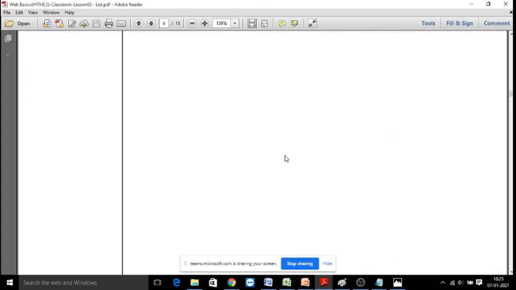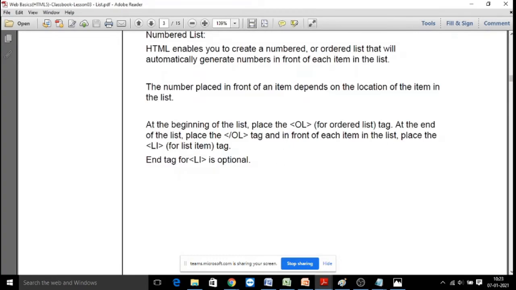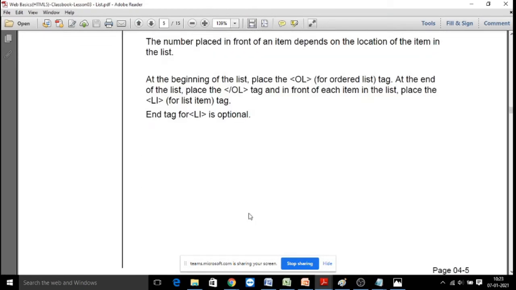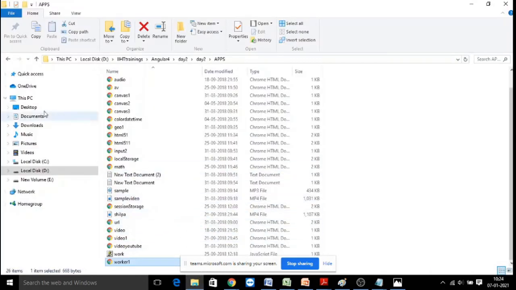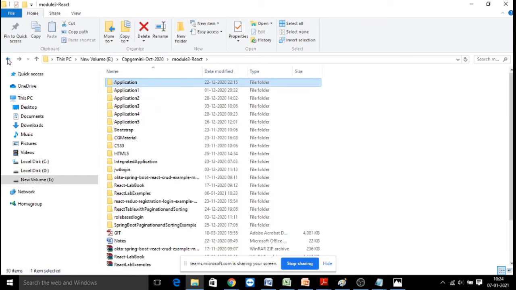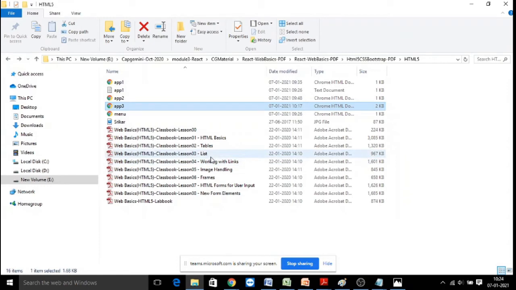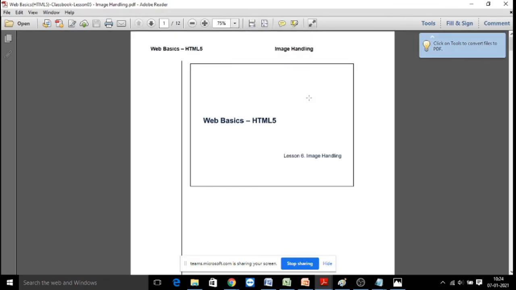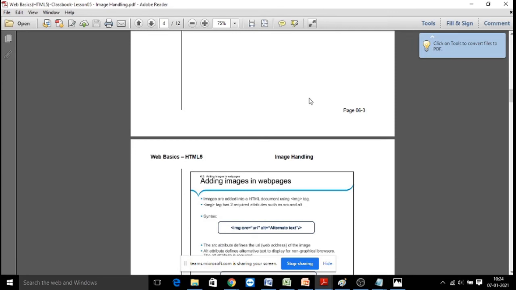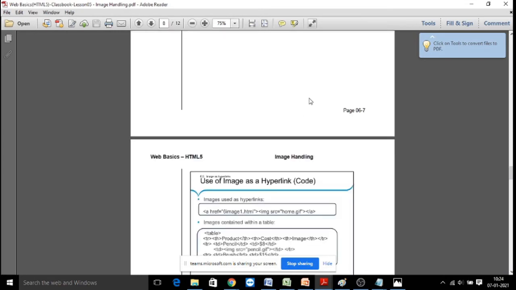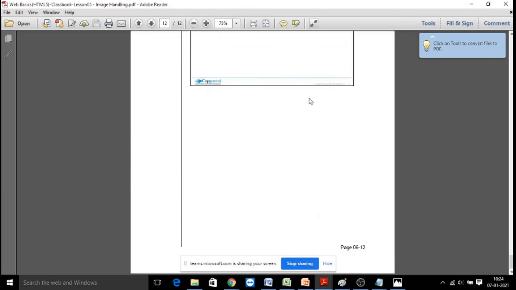So start exploring these PDFs, because when you get MCQ questions, you will be getting most of the questions out of these PDFs only. For each topic, for tables, lists, we have a separate PDF. You have lists, links, and image handling, how you handle images, how we embedded the image, and then width, height, border, alignment. Those features are explained here. You can look into that image tag.